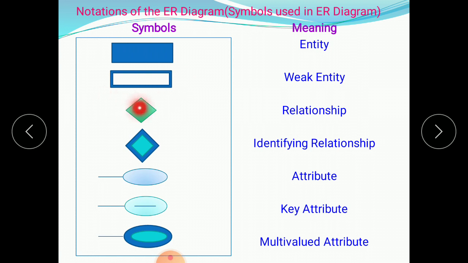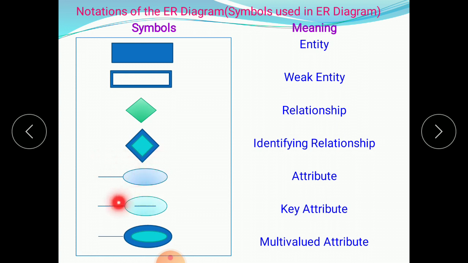Then the rhombus symbol is used for relationship. It shows the relationship between the tables. Then this double rhombus is an identifying relationship. If you want to show an identifying relationship, use this symbol. Then this symbol is used for attributes, meaning the attributes of any particular entity. If you want to show all attributes of that entity, use this diagram.